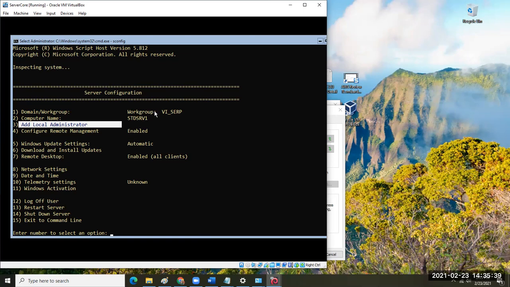So if you have not yet done so and set up a separate name, I'm just going to use std srv1, so standard server 1. If you haven't set up a different workgroup name and a computer name, I want you to do that now. Select option 2, give your system a name. It'll prompt you to reboot. Tell it you'll reboot in a second. Then select 1 and select W for workgroup and change workgroup to something else,